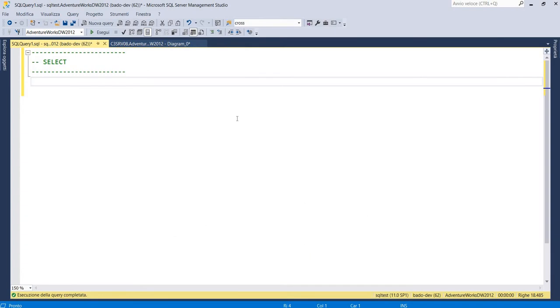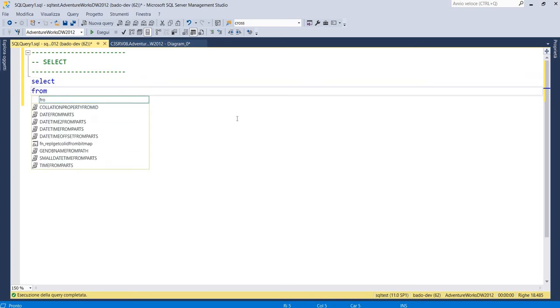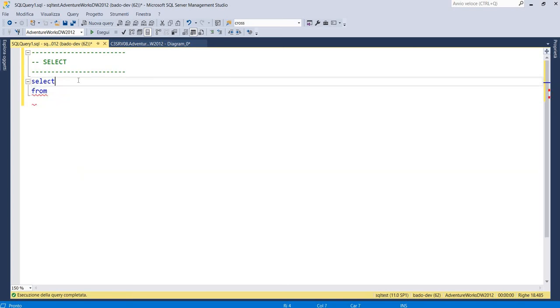In this case, we have to use two different keywords, the select and the from. After the select keyword, we have to specify the list of fields that we want to obtain from our table by our query. And after the from keyword, we have to indicate the table or the list of tables that we want to use in our query. So in this case, we start adding